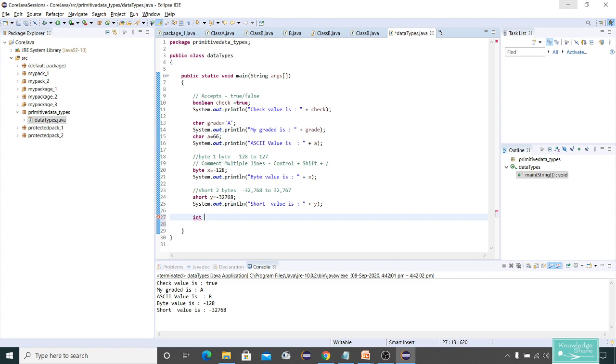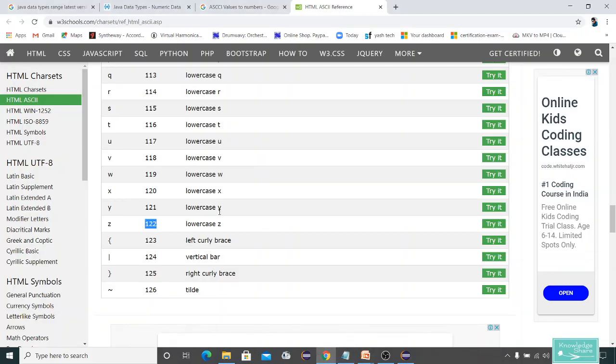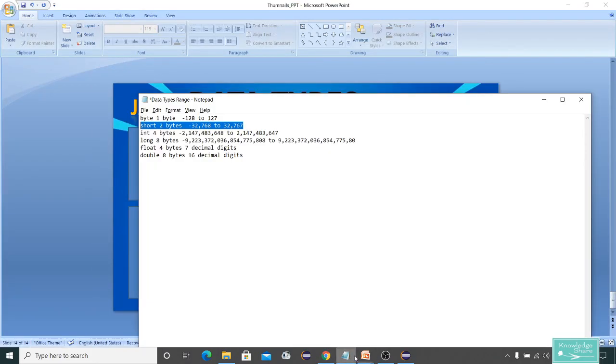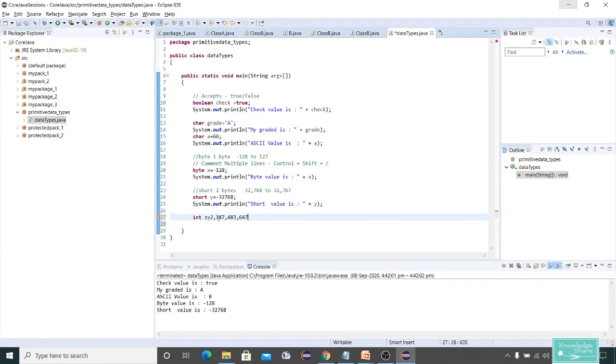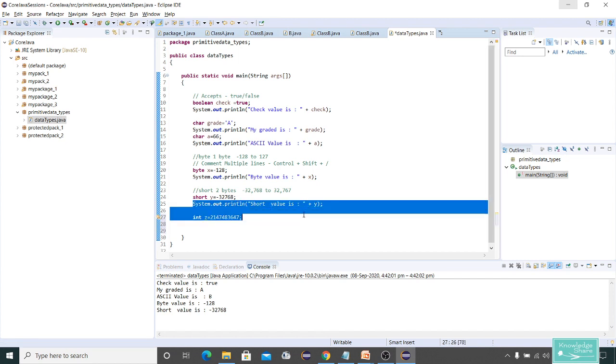I'll give it as z is equal to, let us see whether it accepts the range. It's a very big number, right? I think you will never be storing this kind of number in your life.